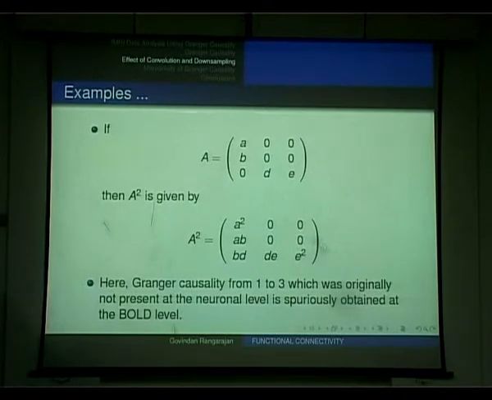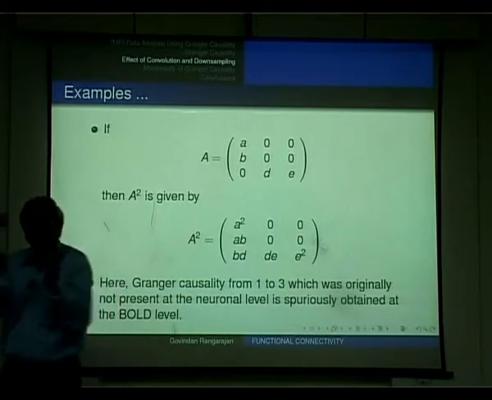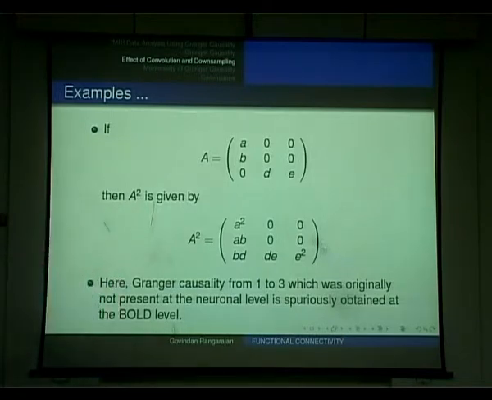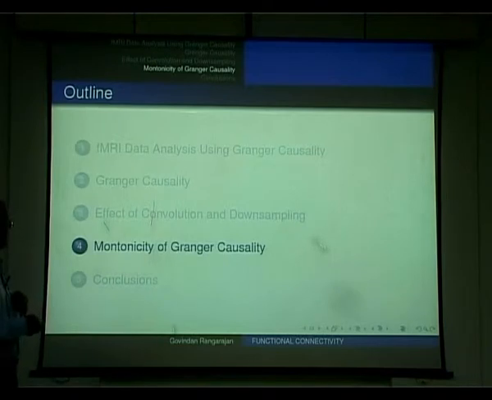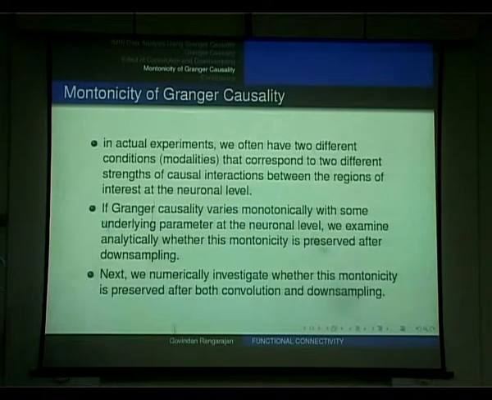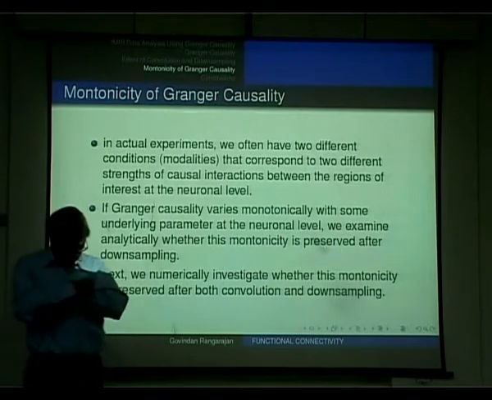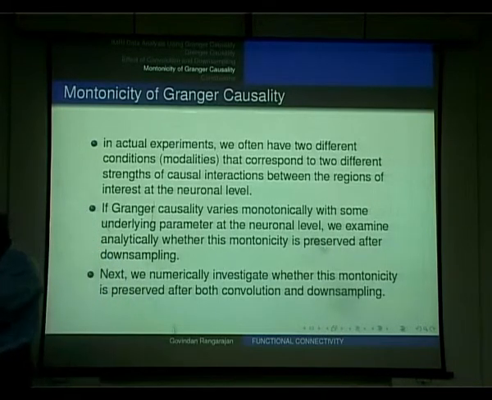If you are only interested in analyzing the board level signal as a signal in its own right, and if you are trying to distinguish between different conditions, then everything is okay. So you are only at the board level. But it turns out things are not so bad, even if you are trying to do the mapping between